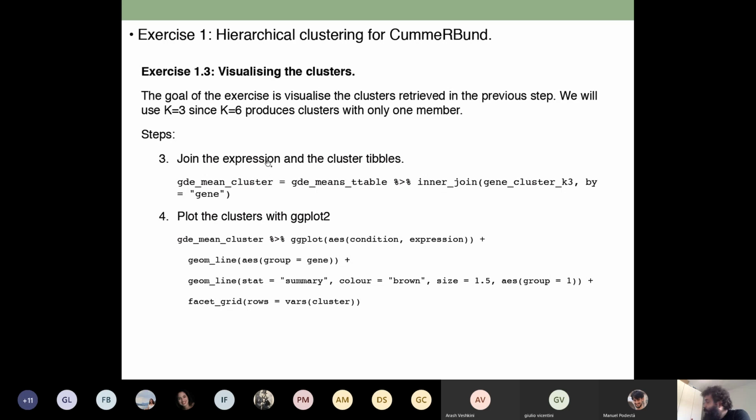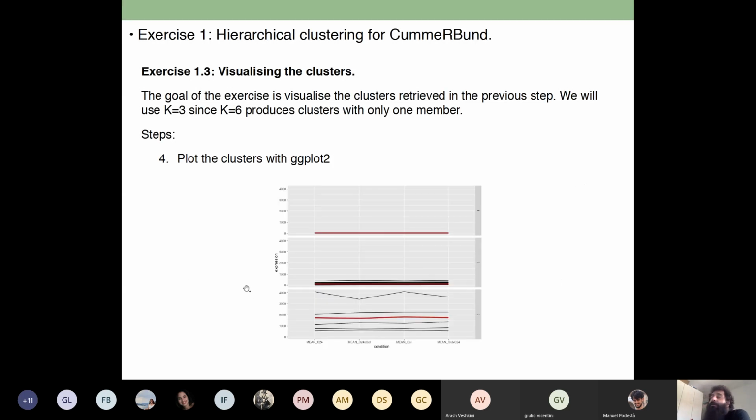object. Once we do that, we will plot the cluster just using ggplot. So this is an example of how we can do this, and this is how it will look. Okay, so basically we will have the 3 clusters. You can do this with 3 or with 5 if you want. Well, no, with 3 or with 5, and then you will see the red line tells you the average, and then the rest